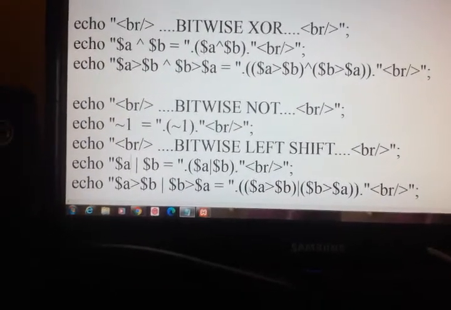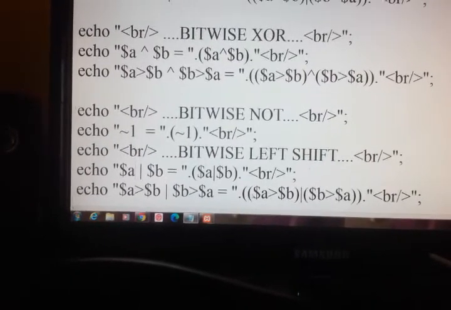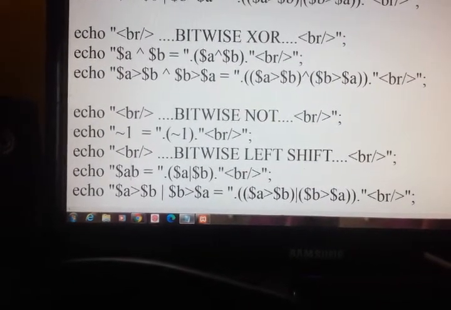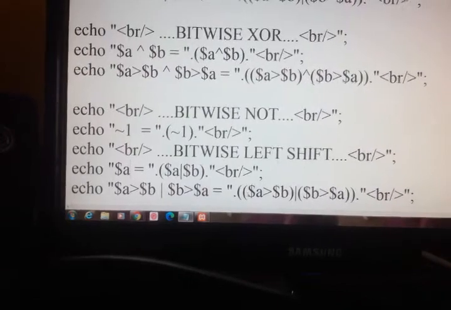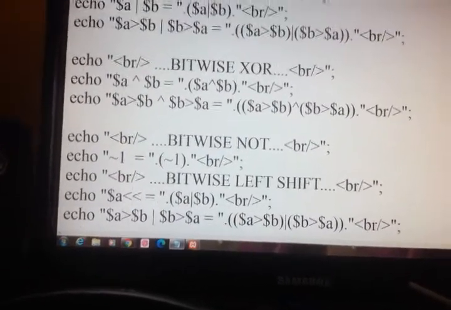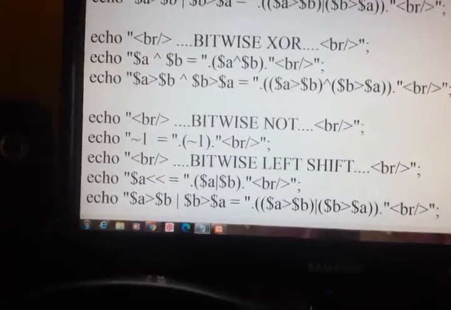So left shift means I have to use the symbol, this one, left shift 2.